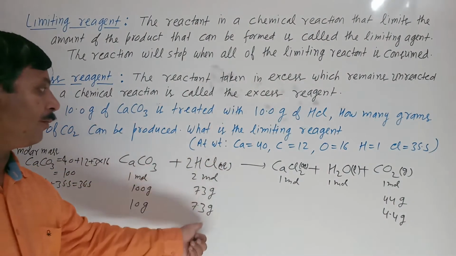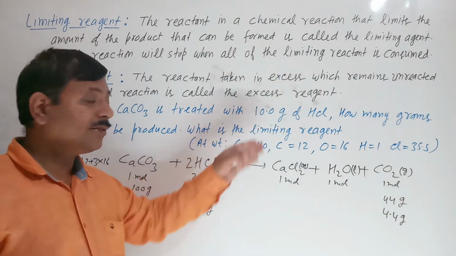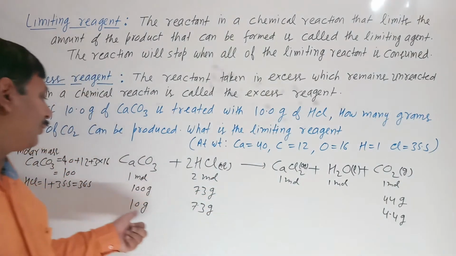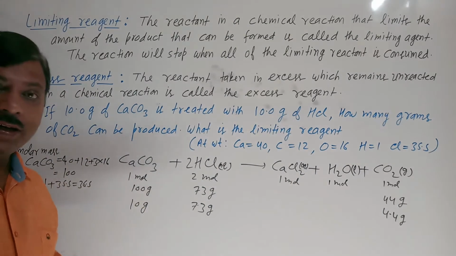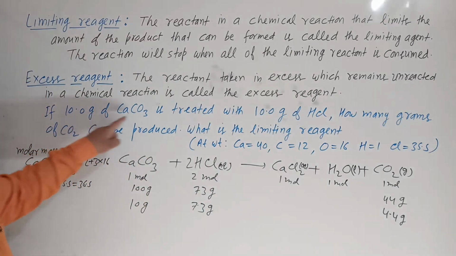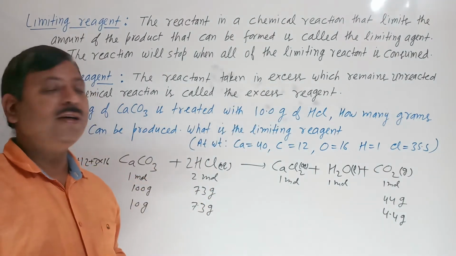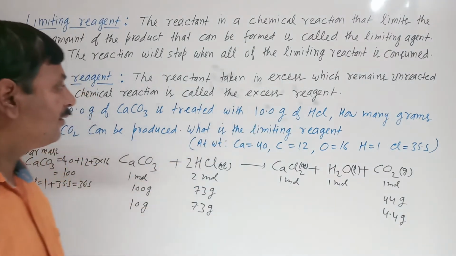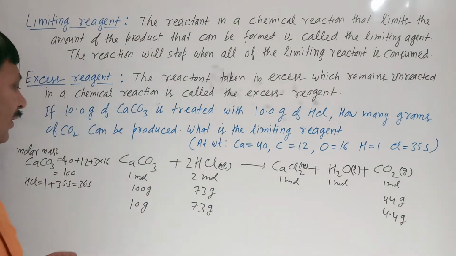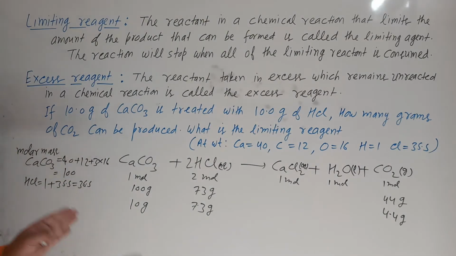Because only 7.3 is needed. If HCl is less than 7.3 gram, अगर HCl का मान 7.3 ग्राम से कम होता, तब ये क्या होता बेटा? HCl तुम्हारा लिमिटिंग रिएजेंट होता, एंड कैल्शियम कार्बोनेट क्या होता बेटा? एक्सेस रिएजेंट. यहाँ क्या है जो रिक्वायर्ड है 10 ग्राम के लिए, 10 ग्राम ऑफ कैल्शियम कार्बोनेट, वो HCl रिक्वायर्ड है 7.3 और HCl 10 ग्राम दिया हुआ है. इसका मतलब है HCl will be the excess reagent and calcium carbonate will be the limiting reagent. So see here, calcium carbonate will be the limiting reagent.